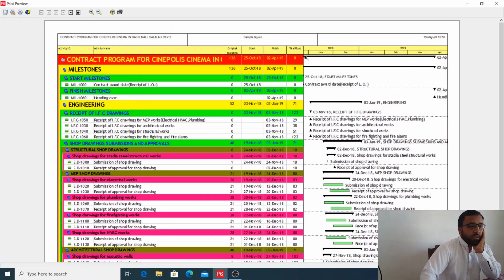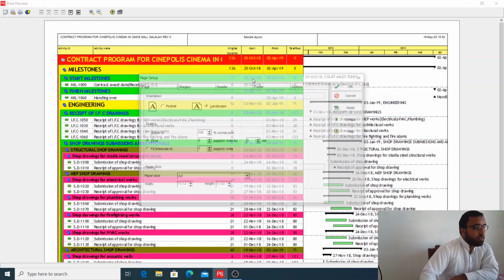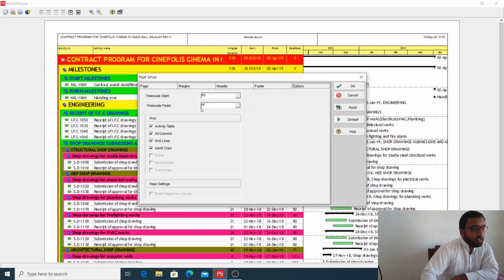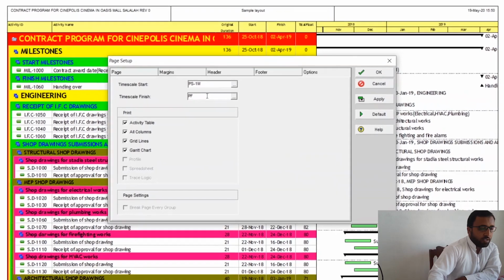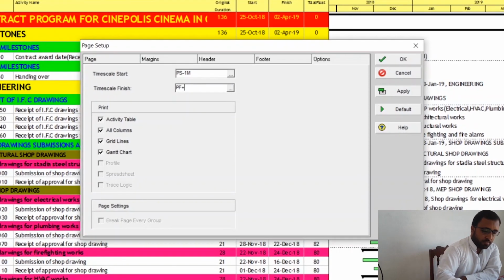So the reason that your project start time is not shown here is that in the options settings we have selected project start. So the time scale is starting from project start, but we want to delay it. Delay it means we want to show from before the project start, 1 month or maybe 2 or 3 weeks before the project start. So project start minus 1 month you will write here, and here you will write plus 1 month. Okay,